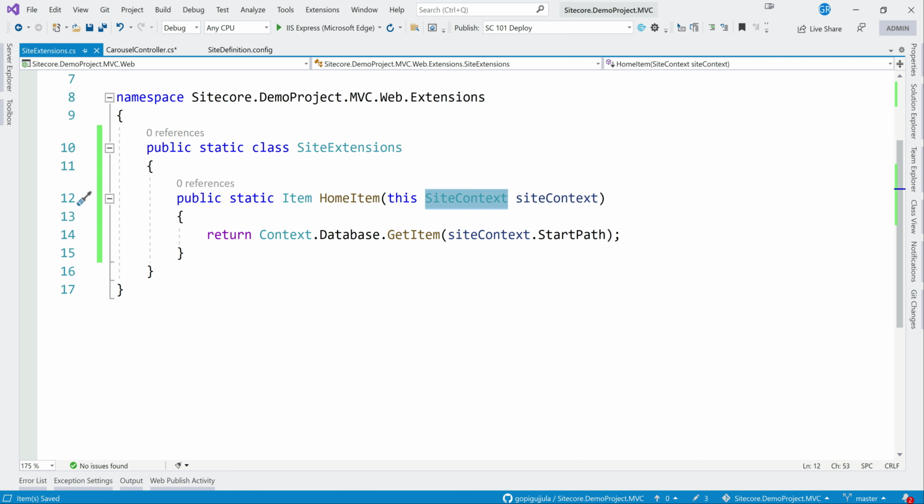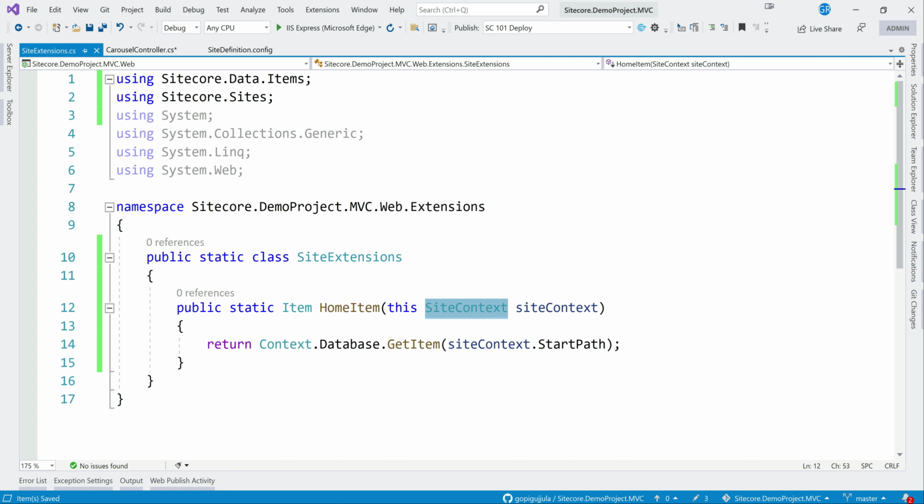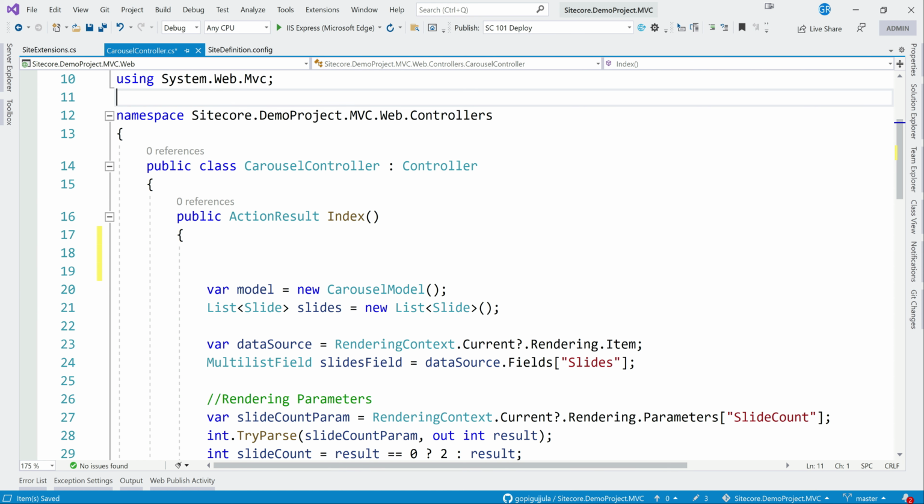But normally, while we are building components or pages in Sitecore, you will have the site context. If you take the carousel component here, if you want to browse, you will have that. Let me put this namespace. You will have the site context now.